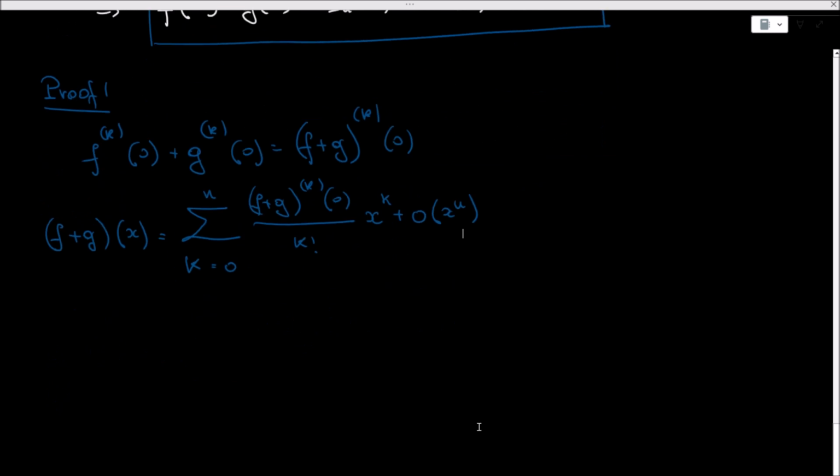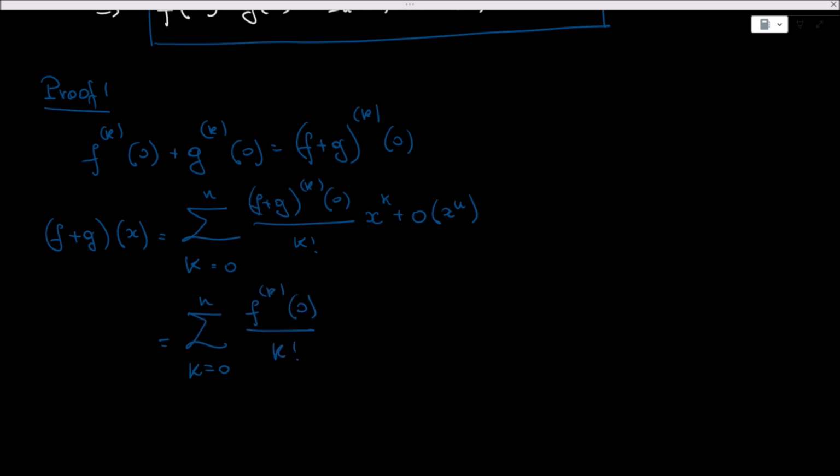And now, by replacing the expression of the derivative, we have the sum for k from 0 to n of the kth derivative of f in 0, divided by k factorial, x to the k,